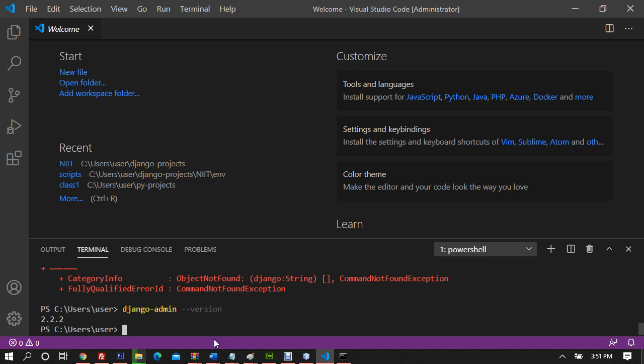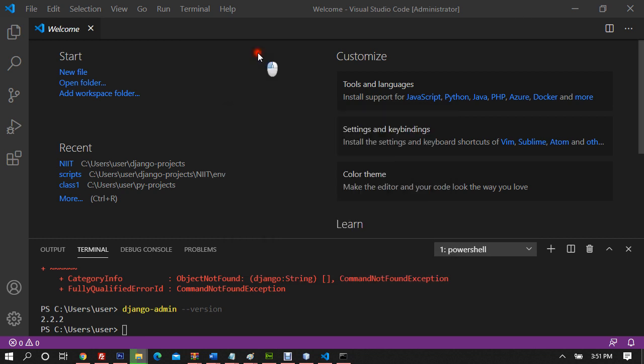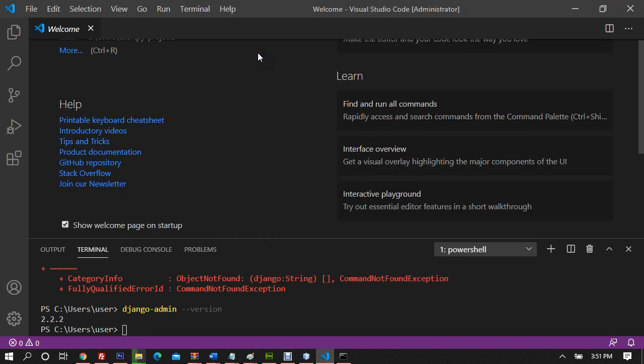Now I want to start a new project, and how do you start a new project? If you want to run it in a virtual environment, you can go ahead and make a virtual environment. The virtual environment that we previously made from the command prompt can be made here as well. But since the virtual environment is already there, those who do not have a virtual environment present can do mk, which is make